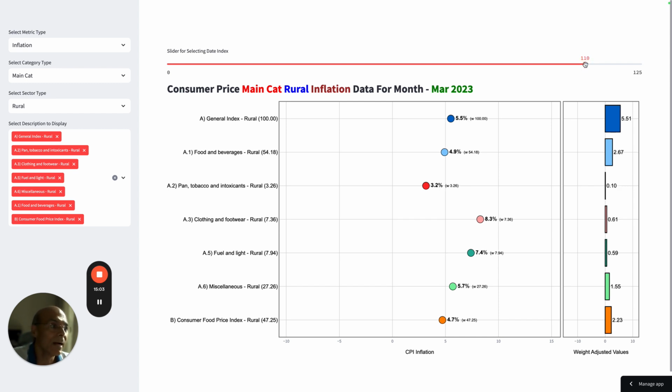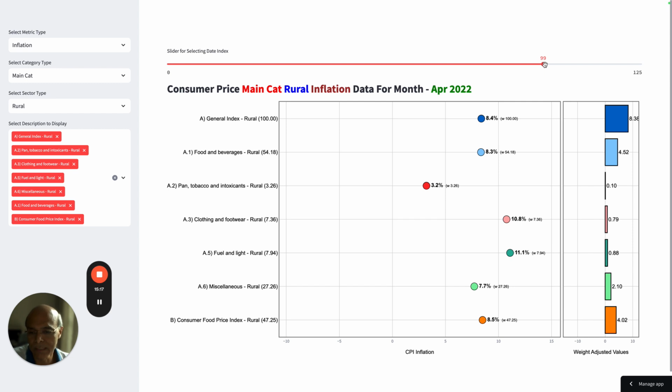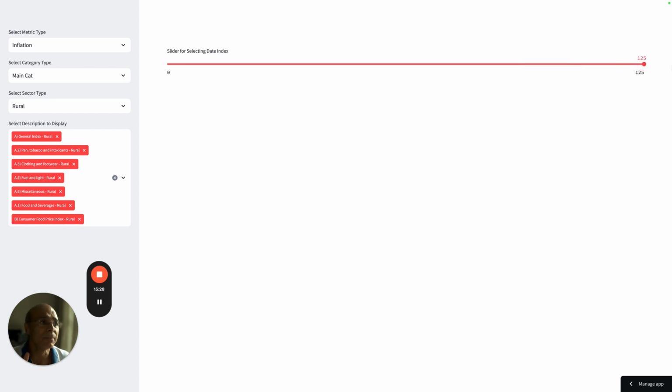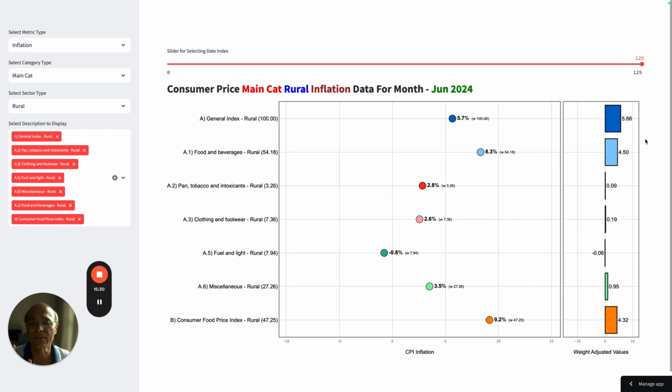And then you go behind, and it was slightly higher, but still manageable. Then you go behind, it was still 50%, but it's manageable, right? And as I drag this below, to dates which are in the past, you will find that the character of India's inflation wasn't that much in rural areas, focused on food. Today, food contributes to a significant part of our inflation. That is the change which has happened in India as far as rural inflation is concerned.